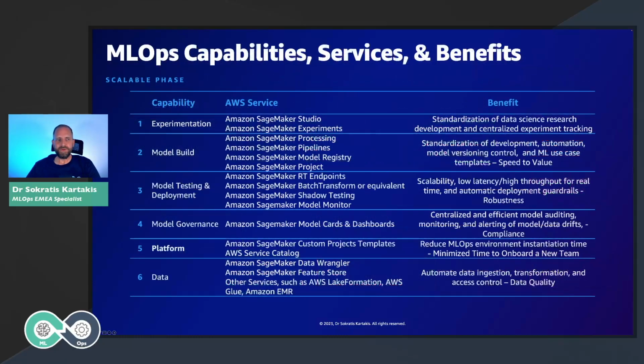The complete set of AWS services that we saw so far: in experimentation, SageMaker Studio and experiments; in model build, we have processing, pipelines, model registry, projects. In model testing and deployment, we have real-time endpoints, batch transform jobs, auto testing, model monitor. In governance, we have the model cards and model dashboards. And for the platform, now we have the